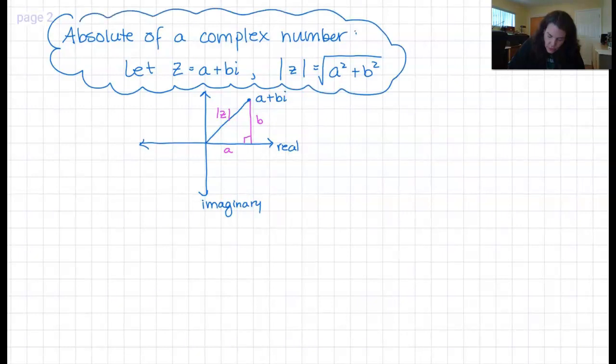So let's just do a quick example, and then we'll move on to the last thing, which is how do you convert back and forth? So, well, what is trig form? We actually haven't even talked about that yet, huh? Okay, so